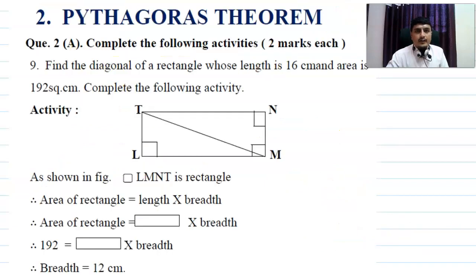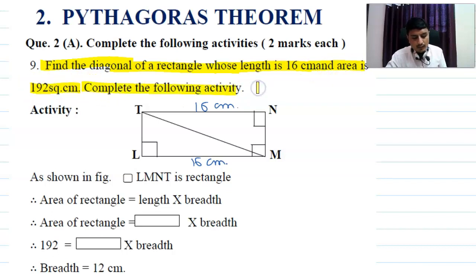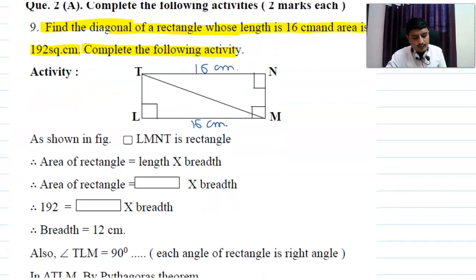Now look at activity number 9. Find the diagonal of a rectangle whose length is 16 centimeter. Here we assume the length of the given rectangle, LM, is 16 centimeter. Since the pair of opposite sides of a rectangle are equal and parallel, TN is also 16 centimeter. And we have the given area, 192 square centimeter. Complete the following activity. As shown in the figure, quadrilateral